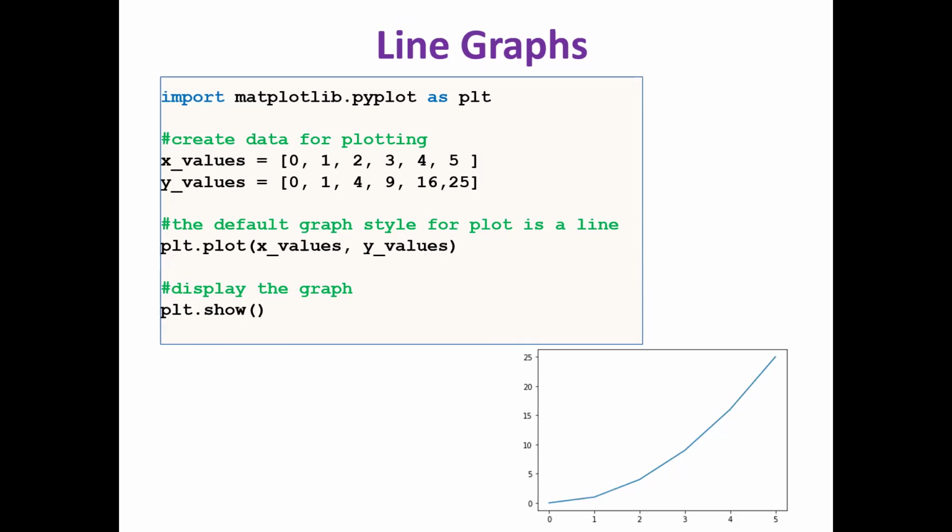So x coordinate values means some set of values. We can make use of a list data structure to store it. The name of the list they have given here is x values, and similarly for y coordinate values. After calling the function plot with x coordinate and y coordinate values, we have to display the graph with the help of the show method. So I'm going to give plt.show. See, the line plot is given here.